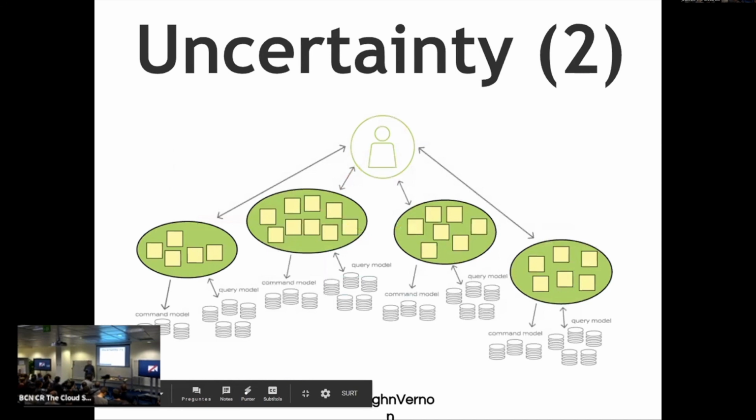And when that uncertainty scales across multiple bounded contexts in a distributed system, what happens with that? It means that any other bounded context that may be reacting to the operation that we set in motion by an outgoing domain event from one bounded context may cause any number of results.